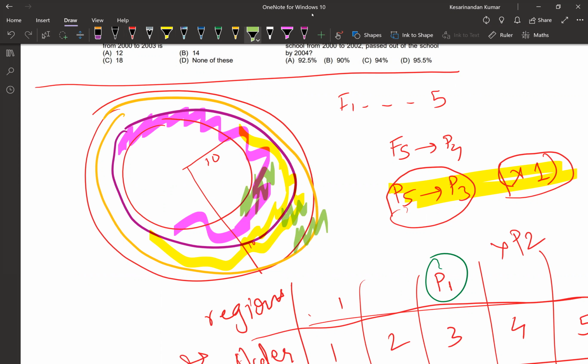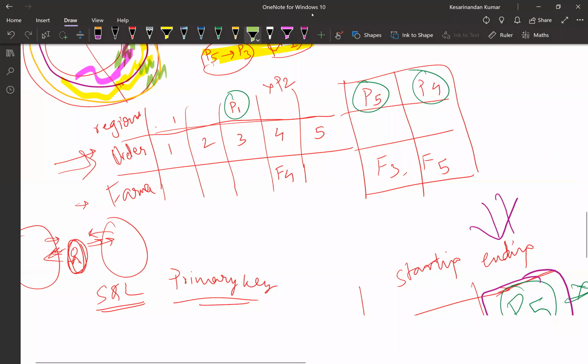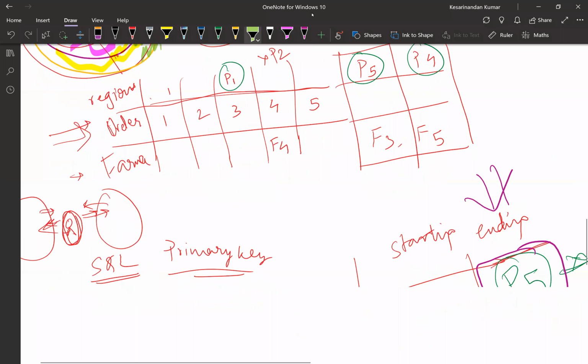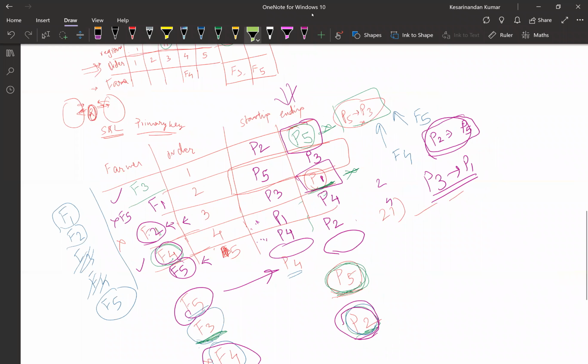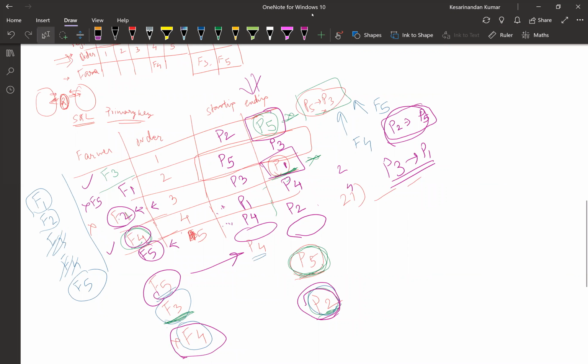What you said logically is quite correct, but nowhere in the given question is it mentioned that way. If you could have thought that and solved this question, you will get it quite right, and I can totally understand it will save you a lot of time. Because if you get a P5 here, you will place P5 here. If you get a P1 here, you will place P1 here. Half of your question is already done there. Totally agreed with it. And you can think of so.